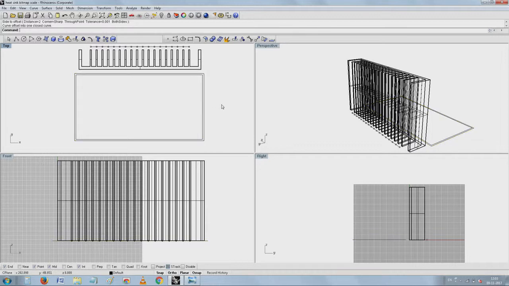See, here I have something which forms the base of the unit. So, all I need to do is, now I can just do the extrusion as I have done before.